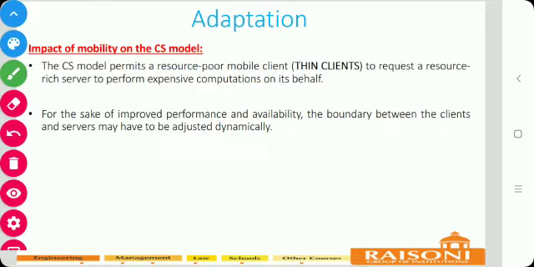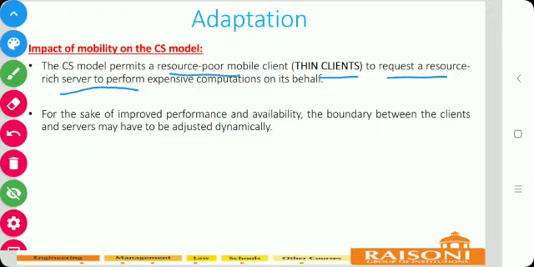So in that case, the CS model permits a resource poor mobile, we can call it a thin client, means the task of the client is less, that is why it is called a thin client, to request a resource rich server to perform expensive computations on its behalf. Okay, for example, the client sends a request to the server, goes to sleep, and later wakes up to obtain the result from the server.